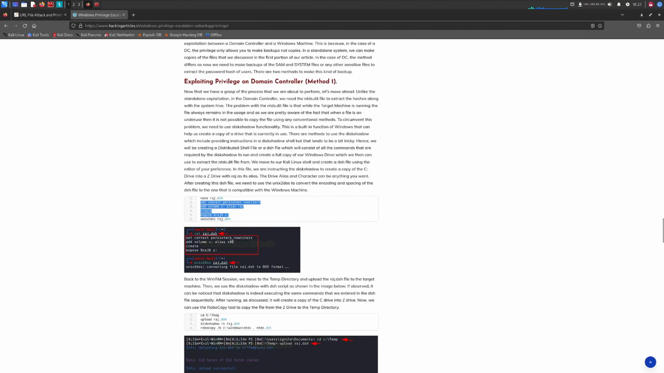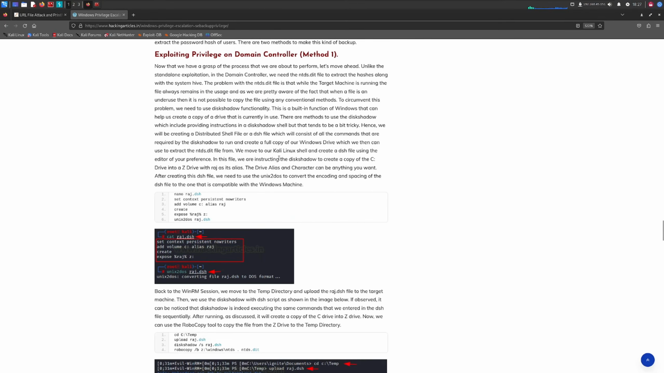So here, this actually explains everything that is going on in the script. So if you do want to go ahead and take a look at this, this is a great article for understanding what's actually going on in the back end of this diskshadow script. I believe that the persistent no writers allows us to go ahead and access the backup that we create. It adds the volume alias or just another naming context for the C drive. It's going to be Raj. And then we have this create, which actually creates the backup and then exposes the backup Raj to the Z